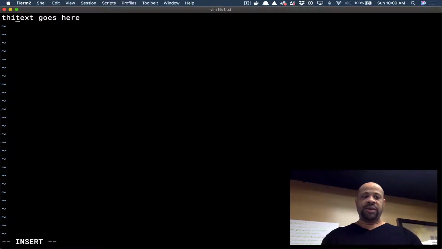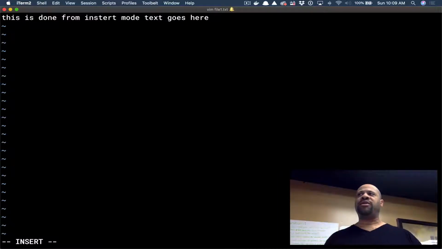So this is done from insert mode. So then you're going to be like, well, I'm stuck here and I can't navigate around. How come I can't navigate up and down and move around in the file? I should be able to do that in a normal editor. We can't do that in insert mode. Insert mode is for